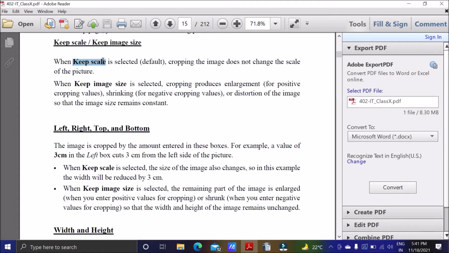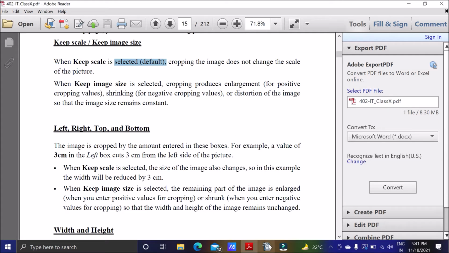When you go for keep scale, which is selected automatically when you open the picture dialog box, if you crop the image after selecting keep scale, it does not change the scale of the picture.